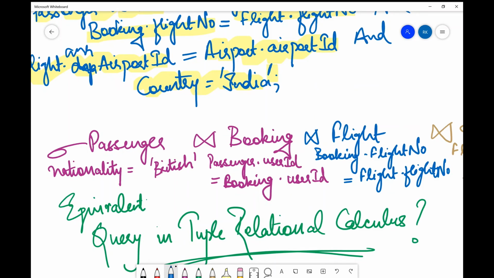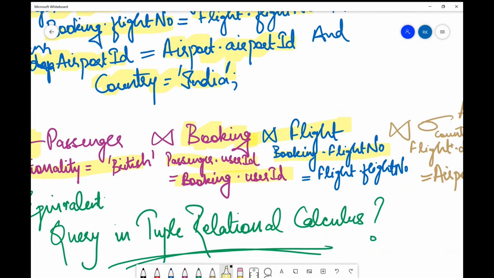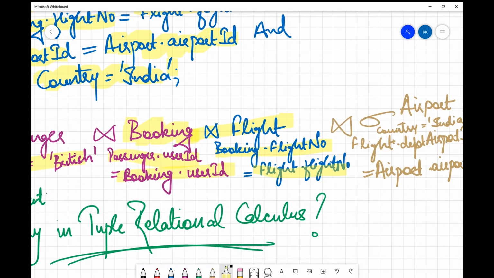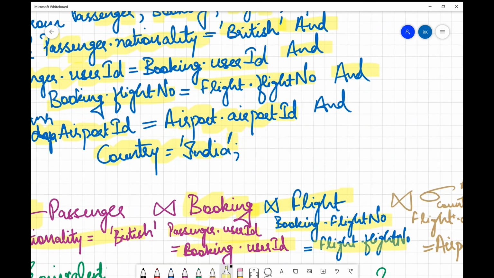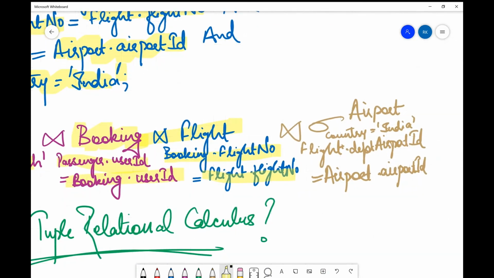Now again, very simple. When we need to select, we use the selection operator. Select passengers with nationality equals British, and then we join it with the booking table and we say passenger dot user ID equals booking dot user ID. We join it with the flight table. We say booking dot flight number equals flight dot flight number. Then we join it with the airport table, but I join it with a subset of records where